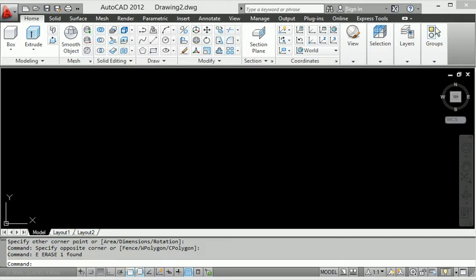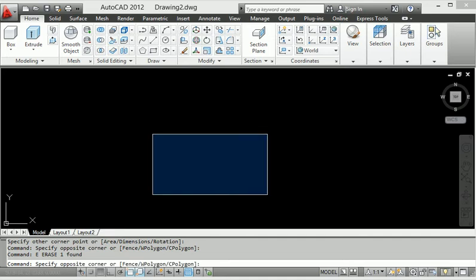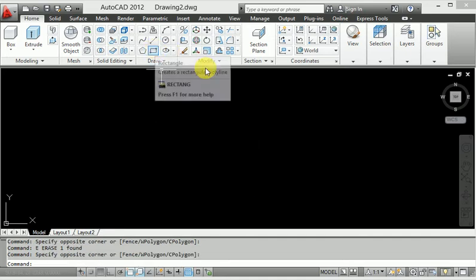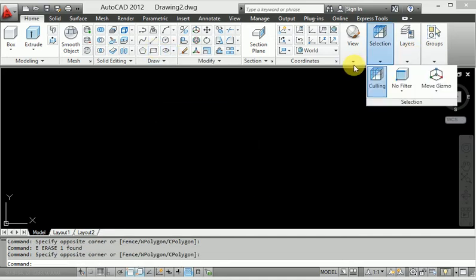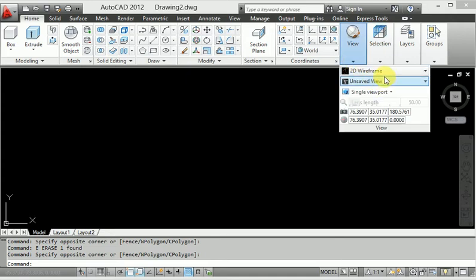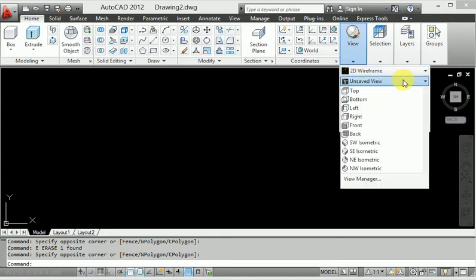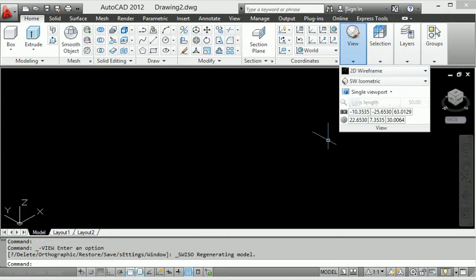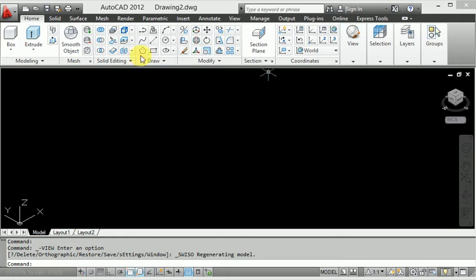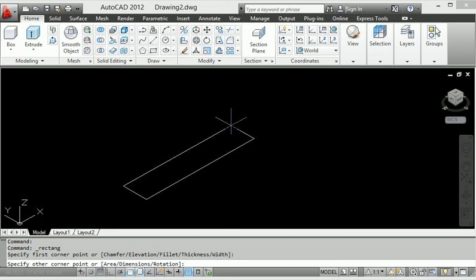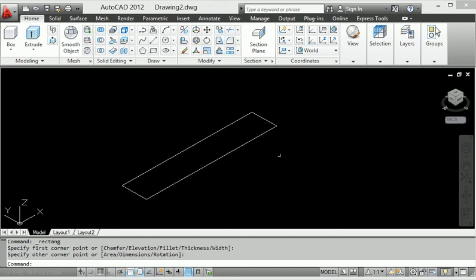So let's start. First of all I will create a rectangle here. When I start from 3D, basically we can use the 3D view. First of all I select this rectangle, and I make one simple rectangle.